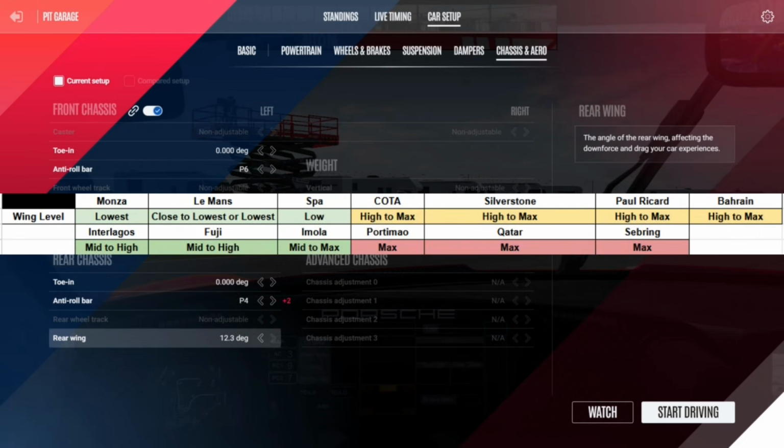Last subject is the rear wing. Less gives you more top speed but makes the car unstable, while more gives you more stability, more traction and more cornering speed in exchange of less top speed. Since version 1.0, high rear wing values are really strong, especially in qualifying conditions. I made another table that gives you an idea of which wing level you should have per track.